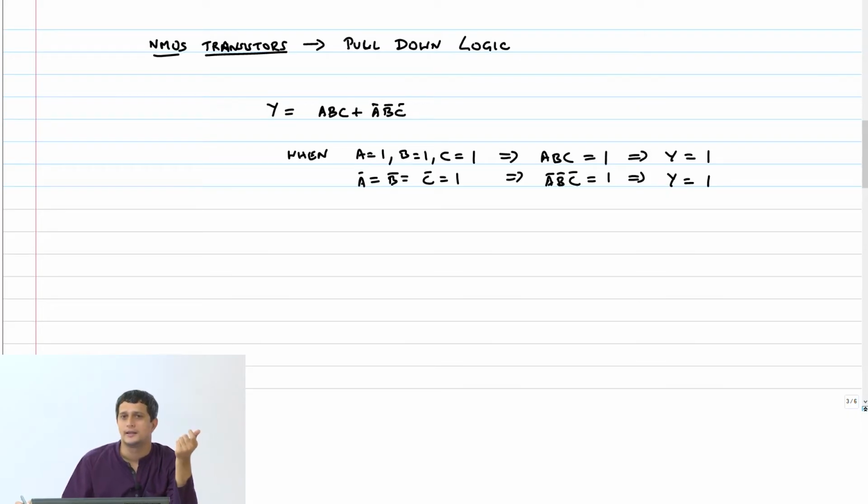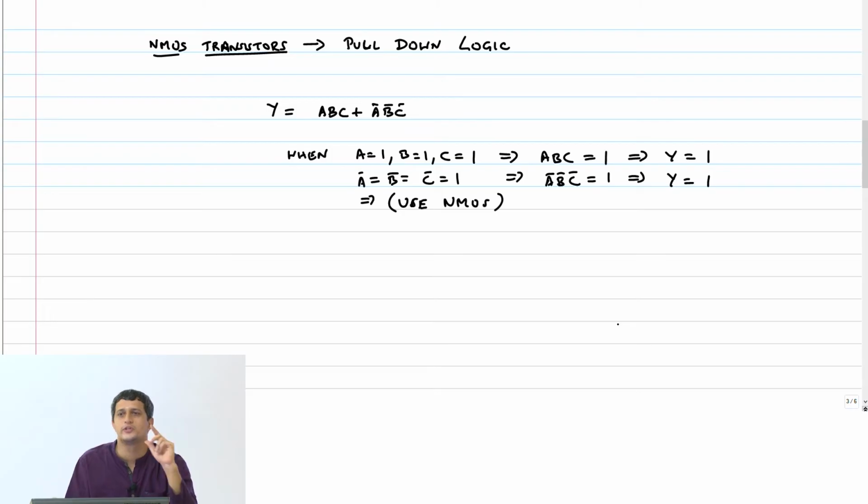So the SOP assumes that when any of these minterms go high, the output has to go high. Unfortunately, the NMOS transistor cannot pass a logic high. Why are we using the NMOS transistor? Because the switches are active high switches here. In this SOP, switches are active high switches and therefore we use NMOS. Unfortunately, you cannot use it to pass a logic high as the SOP normally demands.